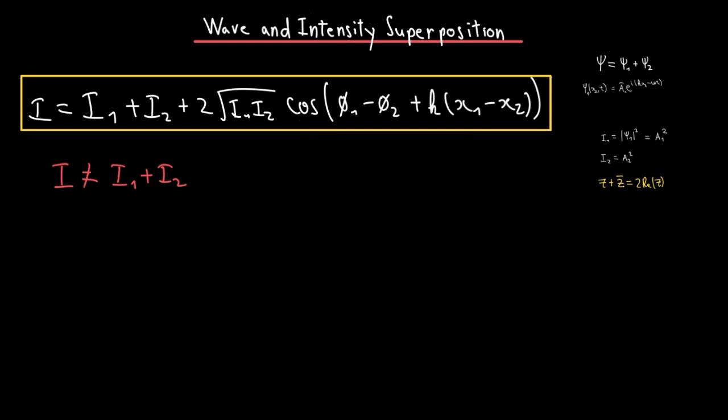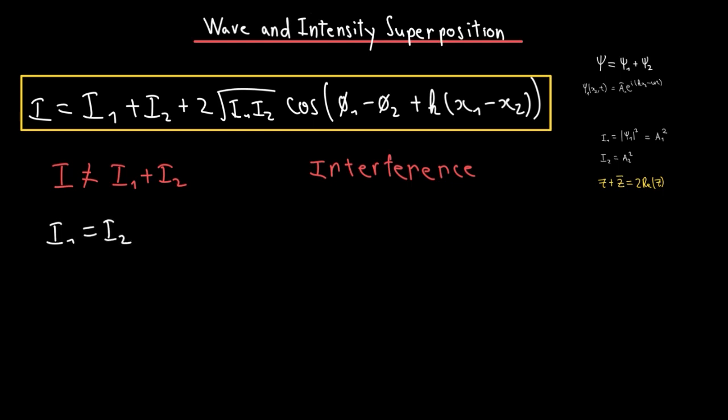And whenever we talk about the way waves interact in terms of their intensities, we talk about interference. And in order to illustrate this notion of interference, let's take the example of when the two waves have identical intensities. So when I1 is equal to I2,